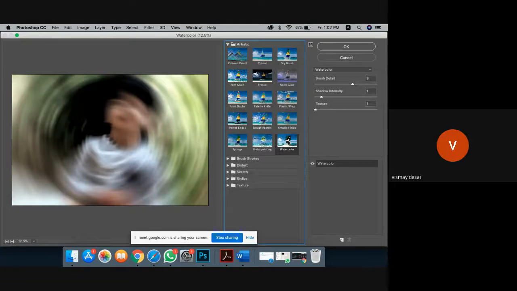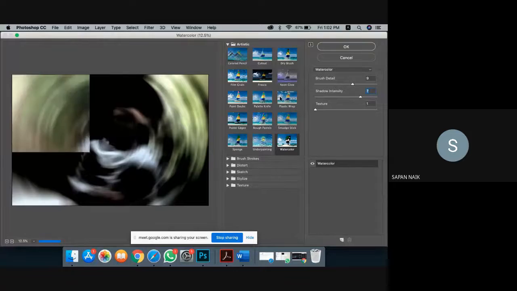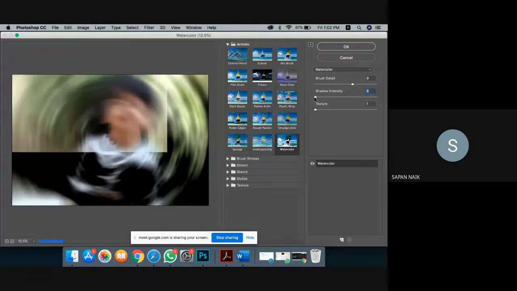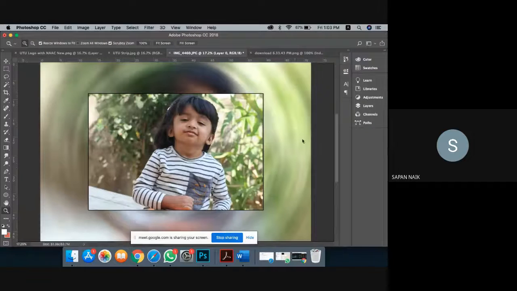Yes, sir. Then it is okay. For the watercolor effect, I can increase the shadow effect. It will make it black, so make it 0. Can I increase texture? Brush details you can increase. Okay, now make it okay. Now this is how my output actually looks.